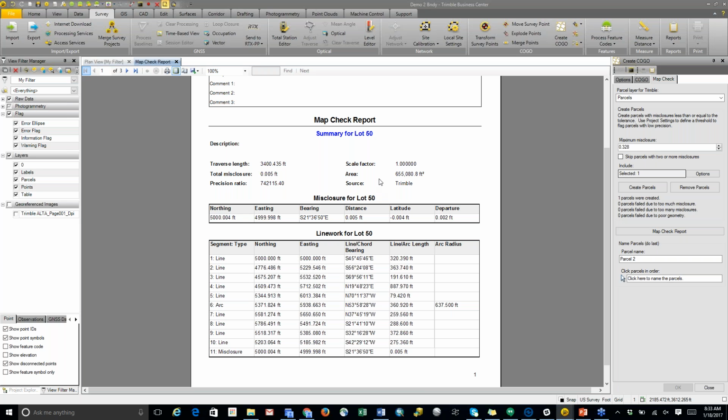Our scale factor, the area of the lot as well, and then we have down below, it will highlight where our misclosure is, the coordinates of that misclosure and the bearing of it, and then